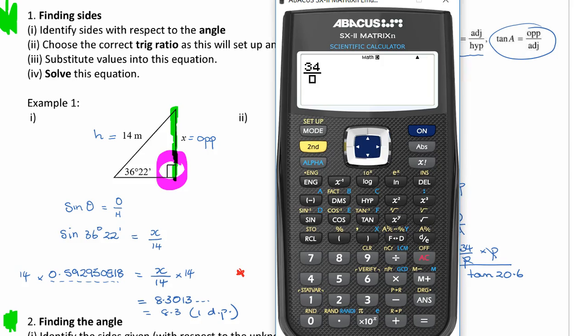Now we want 34 divided by tan 20.6, which you can use your fraction button to get your nice fraction up. 34 is all that's left, and it's over the tan of, and this time we're going to put our angle in as a decimal, 20.6. And equals